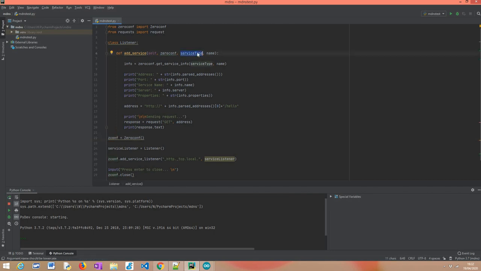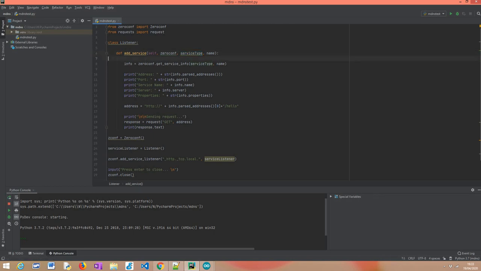Then we will receive here a string with the service type, which is pretty much the one that we have registered to be listened to, and then the name of the service, which is different from the service type, as we'll see in a minute.